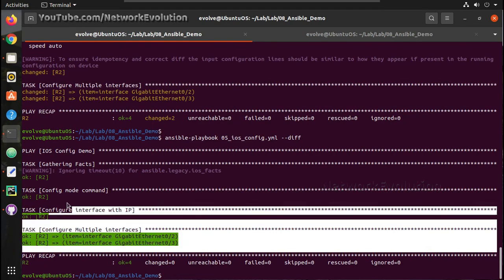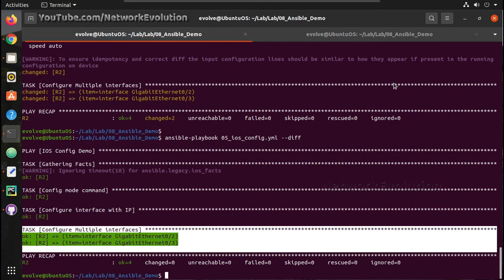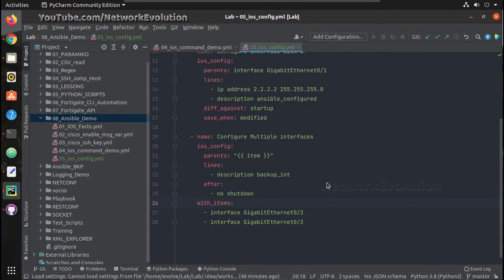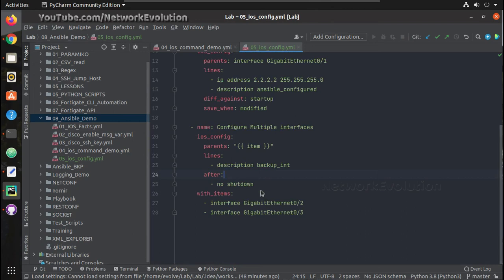So you can see here now this became green, because since I added this into after, it is not used in the comparison, and it is just validating whether interface is correct or not. And in that way our configuration is idempotent, and we are skipping this validation.